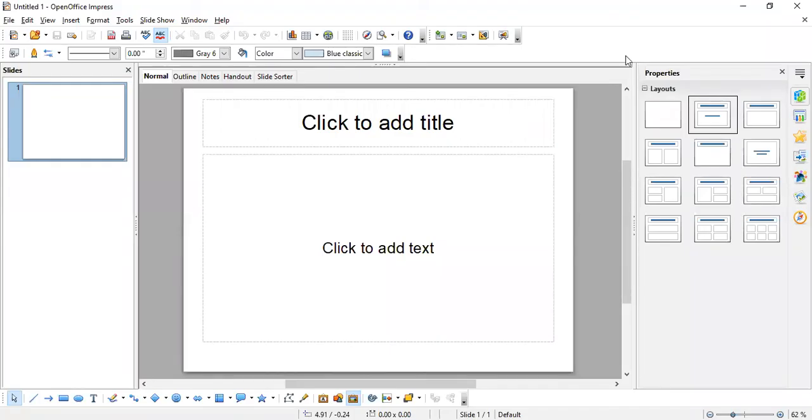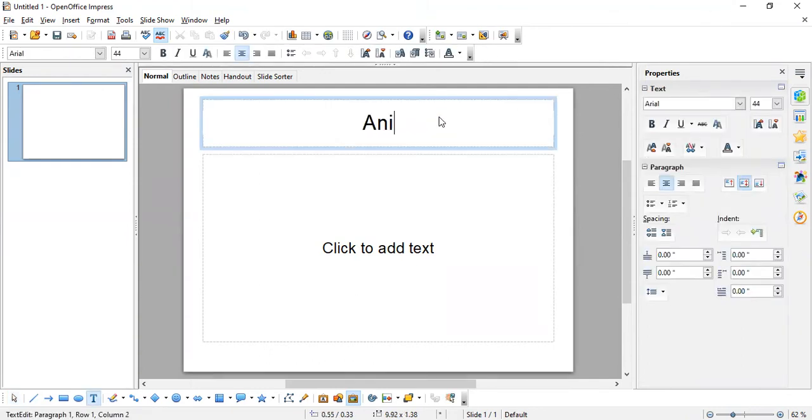So, today we are going to start a new lesson based on OpenOffice Impress only. Today our new lesson is about animations in slides. What is our sixth lesson? Animations in slides. Okay, so we are going to create animations in the slides using the custom animation. So, let us start, children.